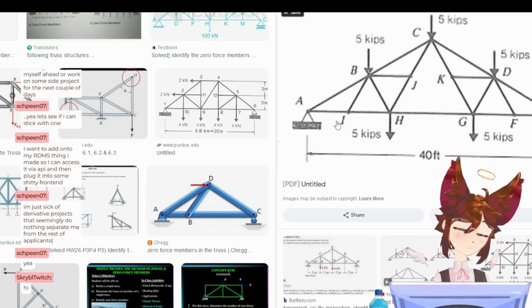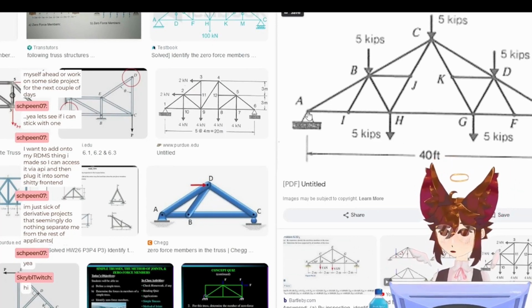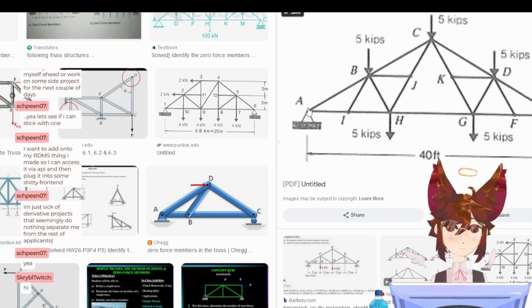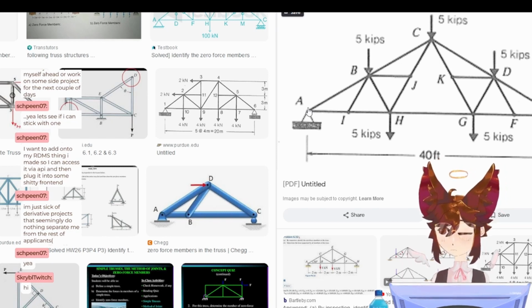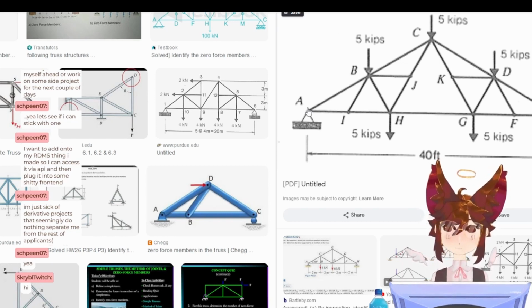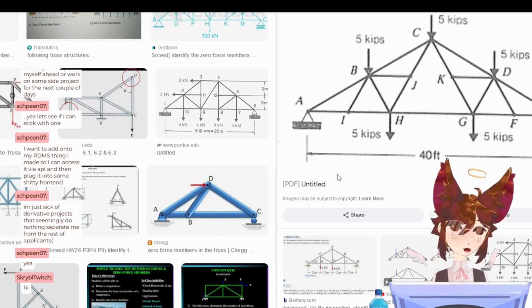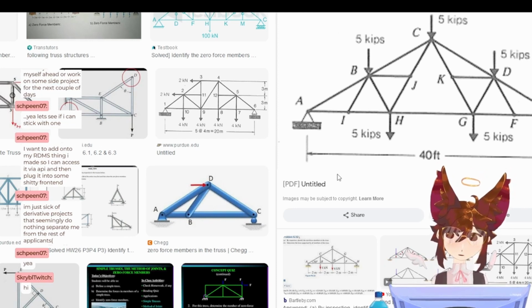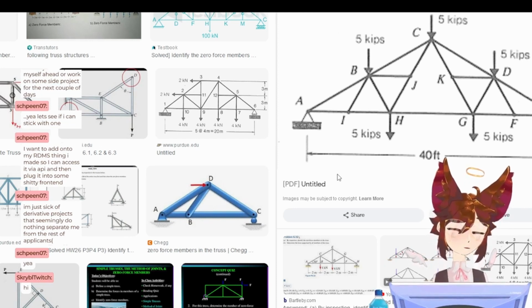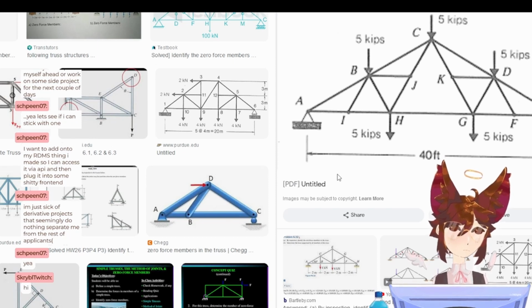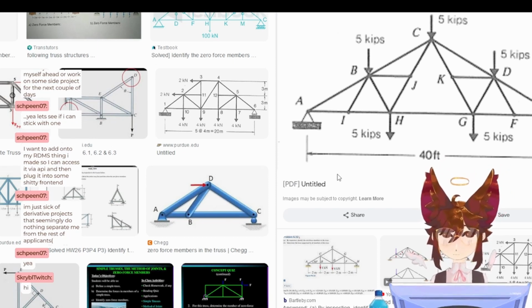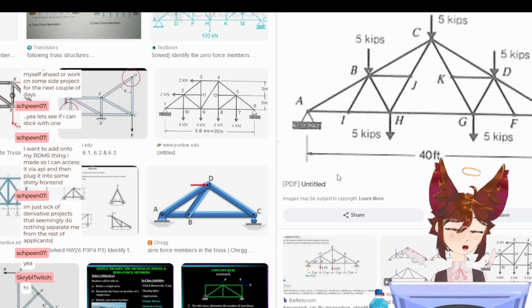Ooh, this one looks good. Okay. I don't know why he didn't just tell us the rules for these. He was like, just look at it and you can tell if it's a zero force member. And I was like, I'm looking at it really hard and I can't tell. I mean, this makes sense, you know. He did proofs of them, but he didn't write them out as, oh, these are the 2 cases that you could have. It'd be kind of nice if he did.